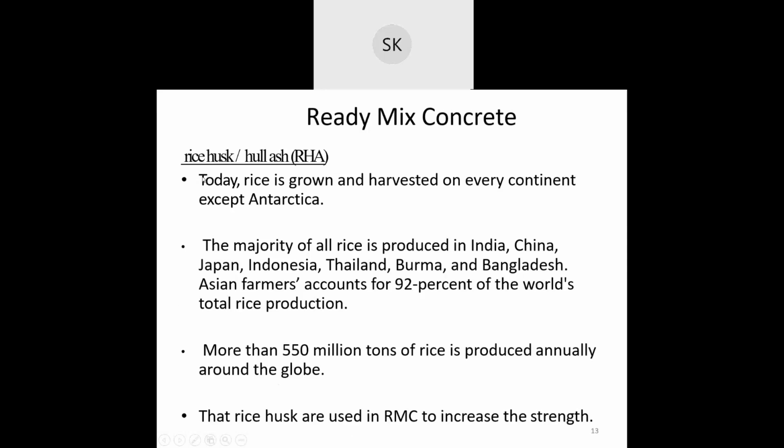Again, your seniors have also done many projects on this to increase the strength of concrete. See, cement is costing very much, right? So people are doing research on how you can replace a small amount of cement so that it will cost you less. So you can use fly ash. Some use rice husk also, because rice husk is a kind of fiber. Okay, it gives strength. So some RMC plants also use rice husk to increase the strength of the concrete.